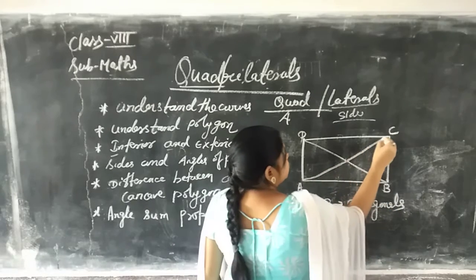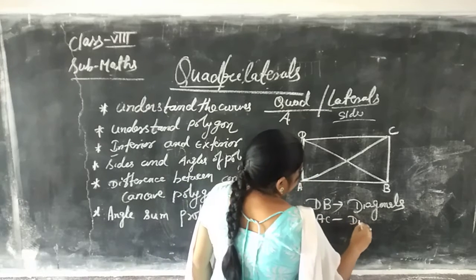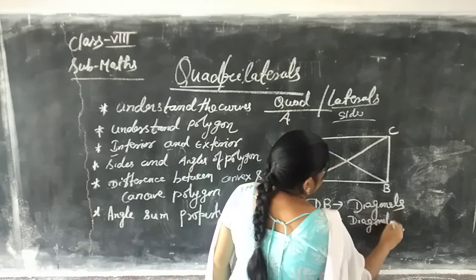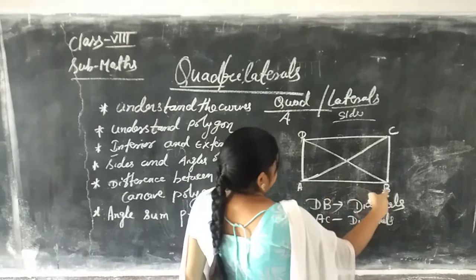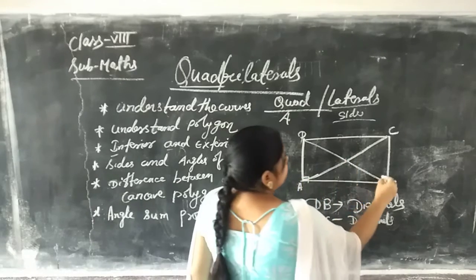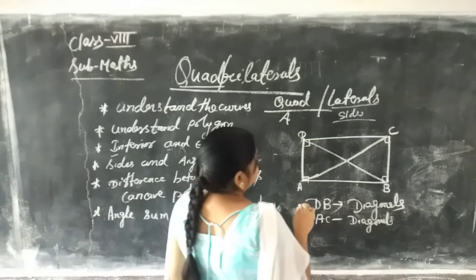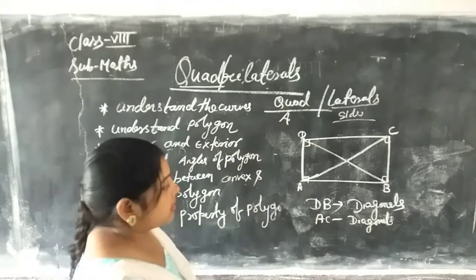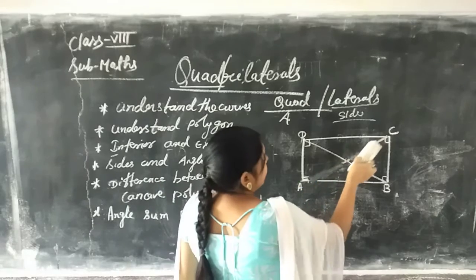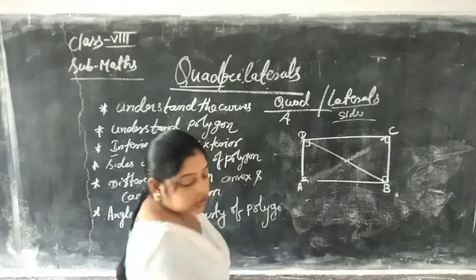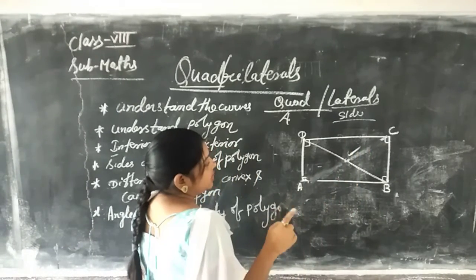Also, there are diagonals, and diagonals of a rectangle are equal. Everyone knows that in a rectangle each angle is 90 degrees and opposite sides are equal, but why are the diagonals equal? Because in that figure the rectangle can be divided into two parts, meaning two triangles. A rectangle has two triangles.